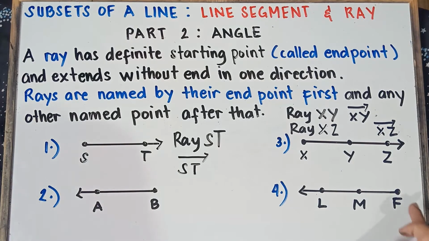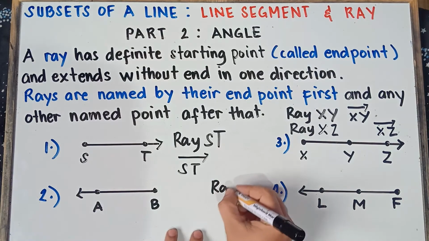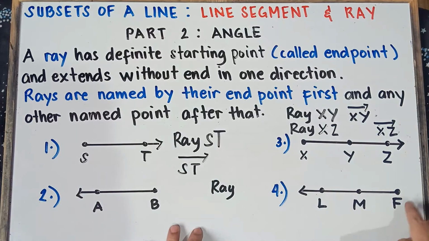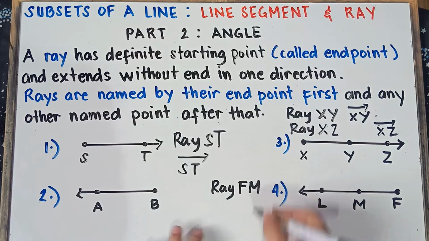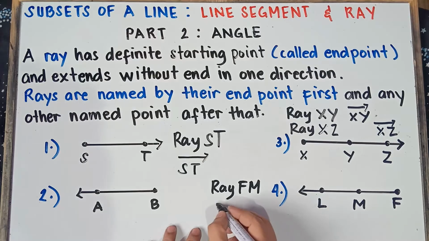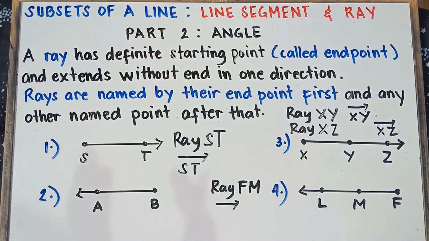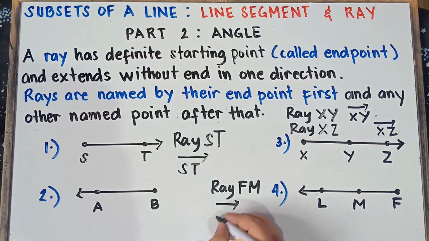That's correct. You start at the endpoint. So that would be ray. Start with the endpoint, and then 2 points. That would be F, and then M. Or we can use the symbol for ray. So ray. Once again, class, the endpoint comes first, and then the arrow, class, is always going to the right. The symbol of ray is always arrow going to the right. So that would be ray FM. So you can have this one, 2 points, ray. Start with the endpoint, F, and then M. Or we can have ray. So we don't have enough space.